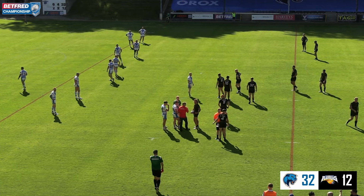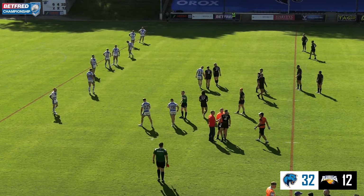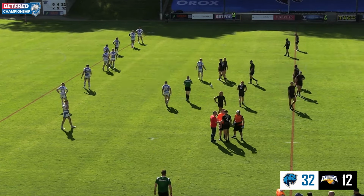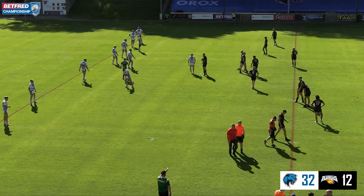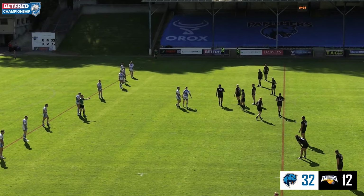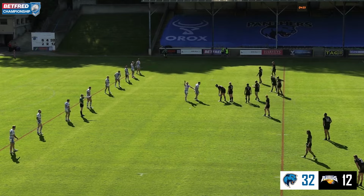As the doctor's on the field, I think there must have been a clash of heads between players because Shane Toll is in the board. He's been dealt with by the Halifax physio and the doctor. Everyone's okay and play will start. They'll play the ball